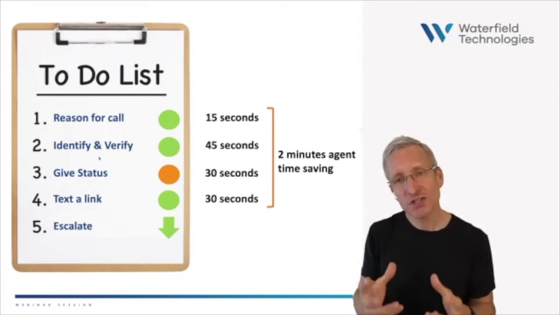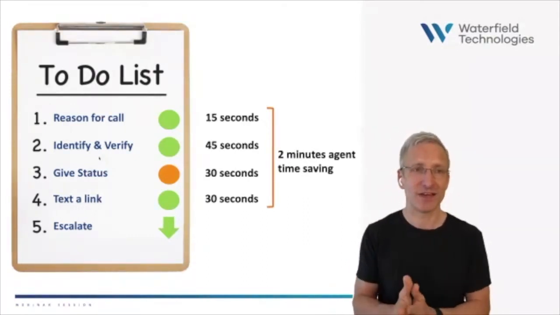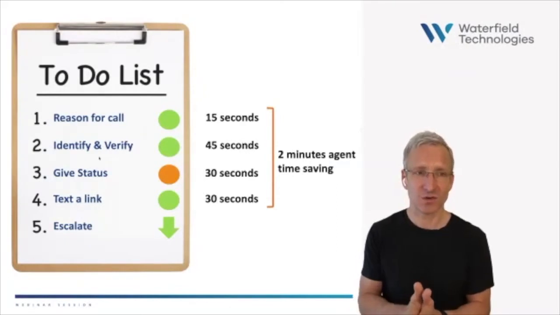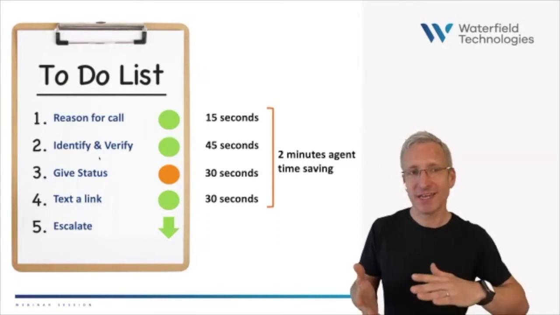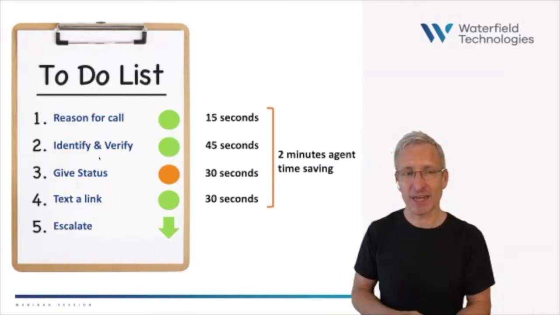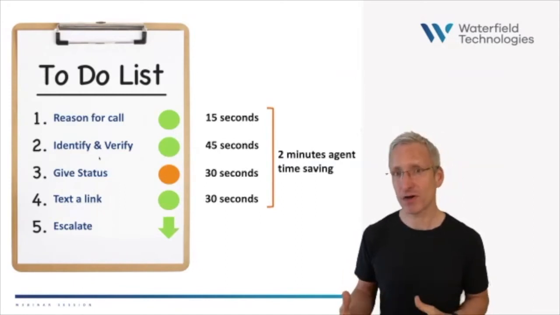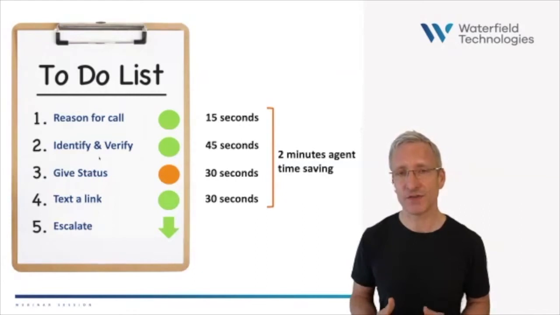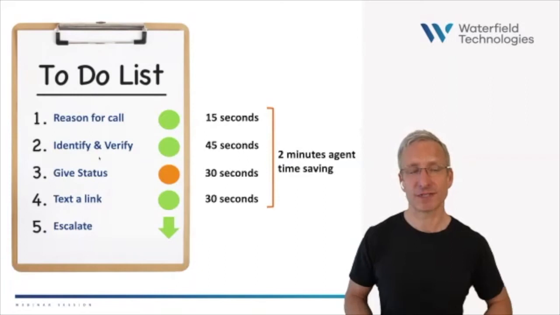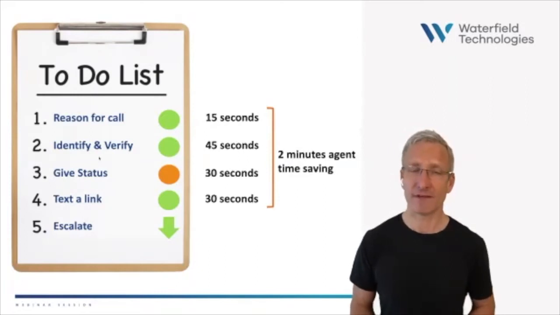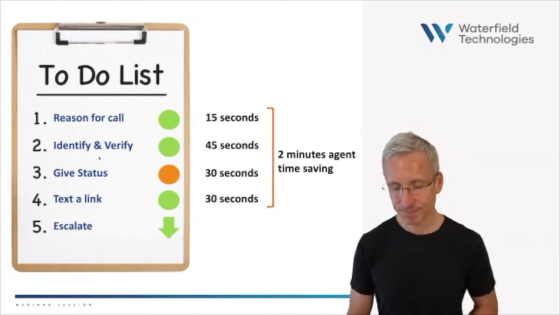Now, as long as you pass the data into the agent desktop of the agent that's receiving the call or the chat, then none of this time is wasted. And so we've got 2 minutes saving in agent time, even though we haven't contained the call. And I think it's really important to consider this partial automation, because we often see that as much as a third or even more of the benefits of systems can come from these kind of benefits, where partial automation saves time from agents, but it doesn't actually contain a call.